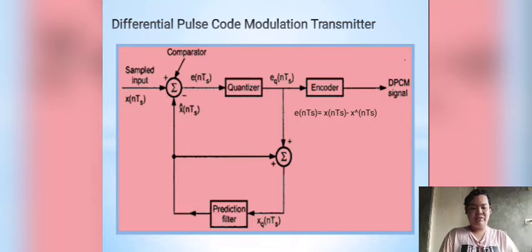The error signal e_q(nTs) is very small and can be encoded by using a small number of bits. Thus, the number of bits per sample is reduced in DPCM. The quantizer output will be written as e_q(nTs) equals e(nTs) plus q(nTs). Here, q(nTs) is the quantization error. From the block diagram, the prediction filter input is